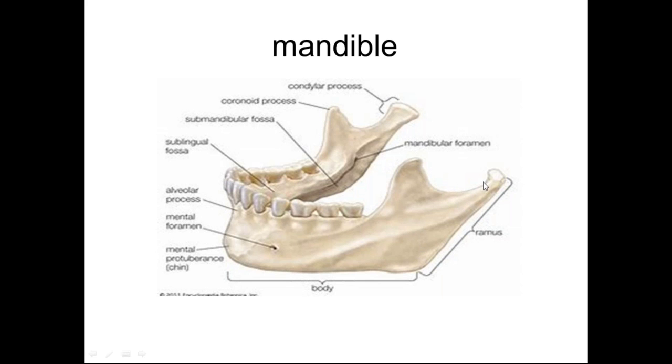The superior border is also known as mandibular notch, through which pass the masseteric nerves and vessels. Now this is outer surface, which provides attachment to one very important muscle of mastication, that is your masseter.